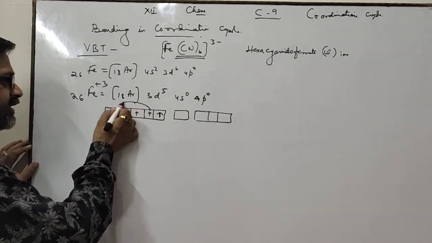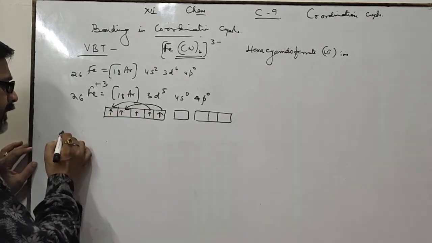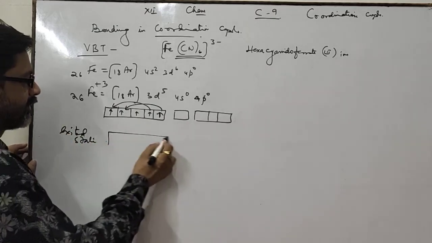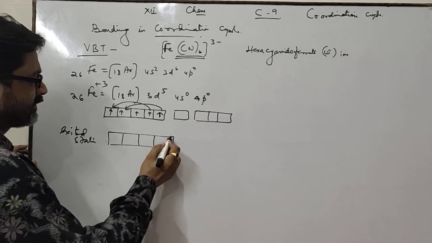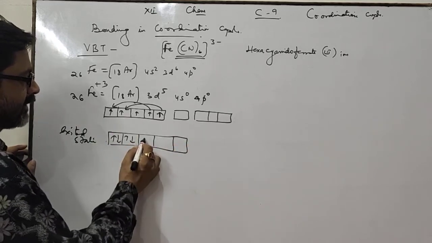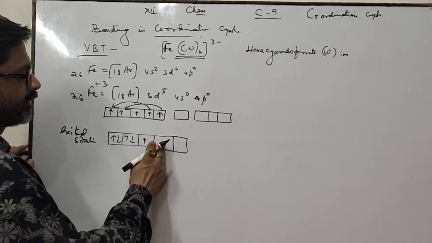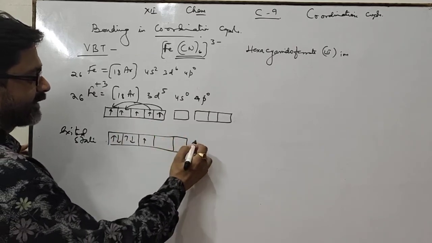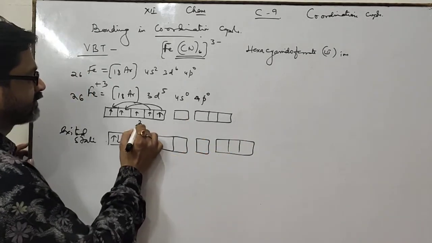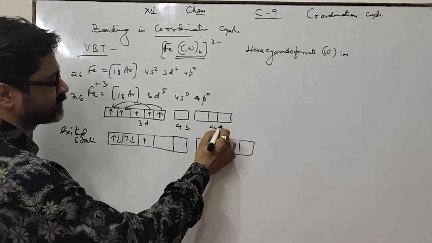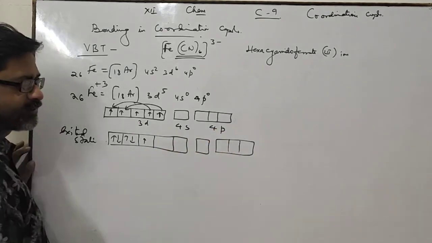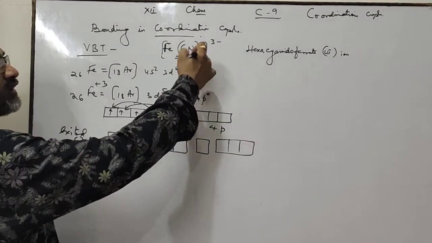Hence we shift these electrons within these subshells, which means in the excited state during bond formation the electrons get arranged like this. 2 electrons in these 2 orbitals and a single electron in this subshell. Now these 2 orbitals become vacant. This one and this one, that is 3 orbitals. This one is 3d, this one is 4s, this one is 4p. Now you see that there are 6 vacant orbitals to accommodate electrons of 6 ligands.